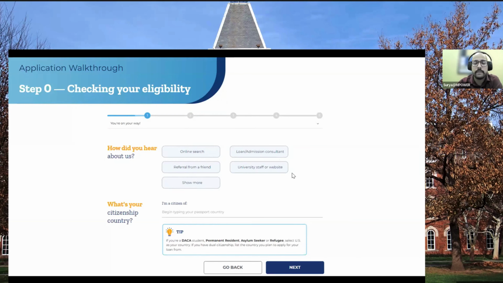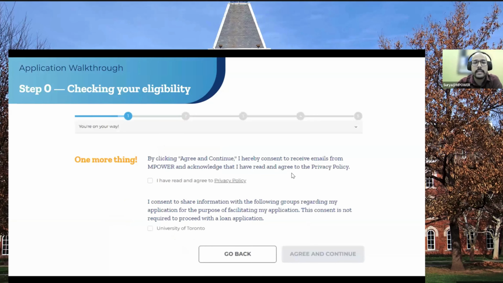Then we would like to understand your current citizenship, meaning which country you belong to. We at MPOWER also support DACA students, permanent residents, and asylum seekers as well, as you can see in the note below. Now, once this is done, the last check before we complete the eligibility is that you agree to the terms and conditions and provide us the consent to proceed further with your loan application.